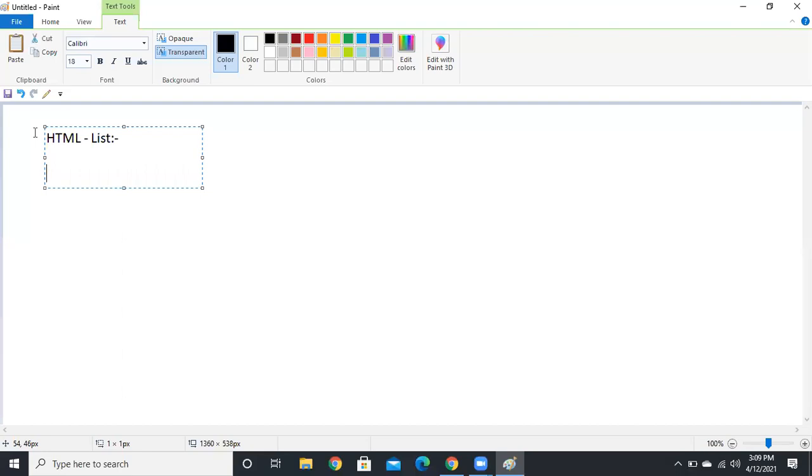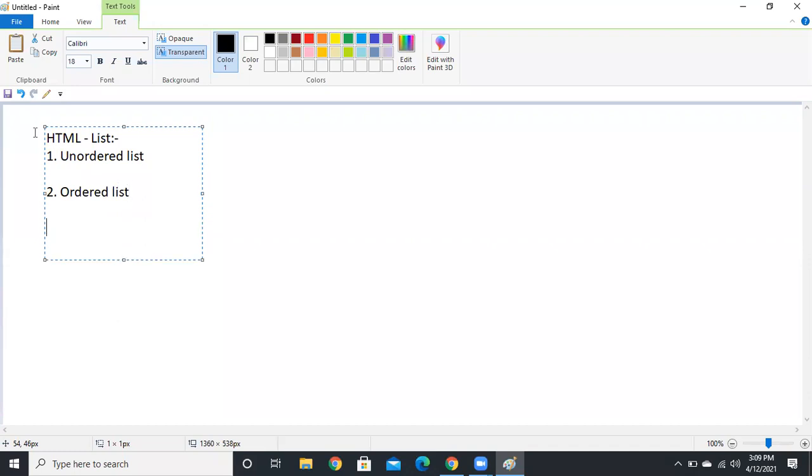So using a list, we are going to arrange the data in the form of bullet points, maybe disc, square, circle, and numbers or alphabets or Roman letters like that. Generally in HTML we have three types of list. One is the unordered list. Next we have the ordered list.